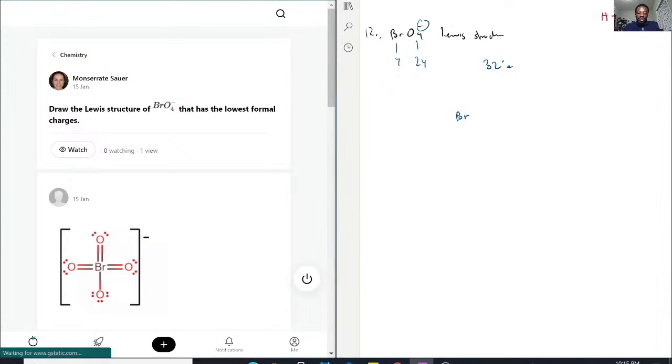32 electrons. And now we're going to just surround it. O, O, O, O. Okay? And now, let's see what this bromine can do. We have oxygen, oxygen, oxygen, oxygen. And we want to fill out the rest. So oxygen right now is sharing,